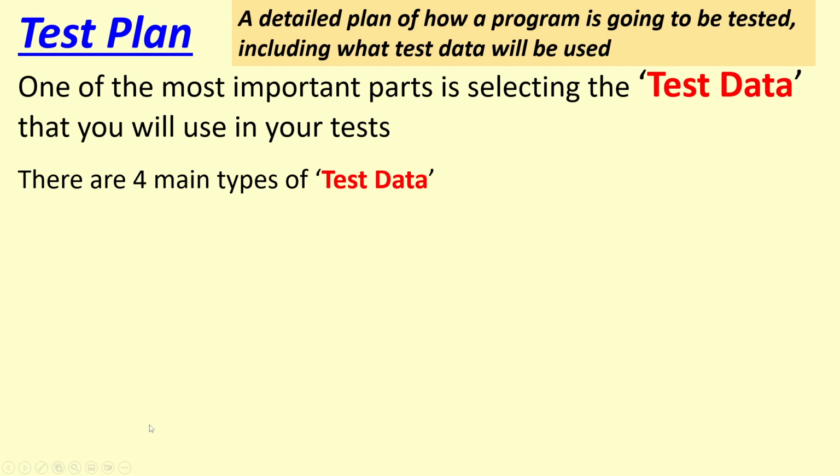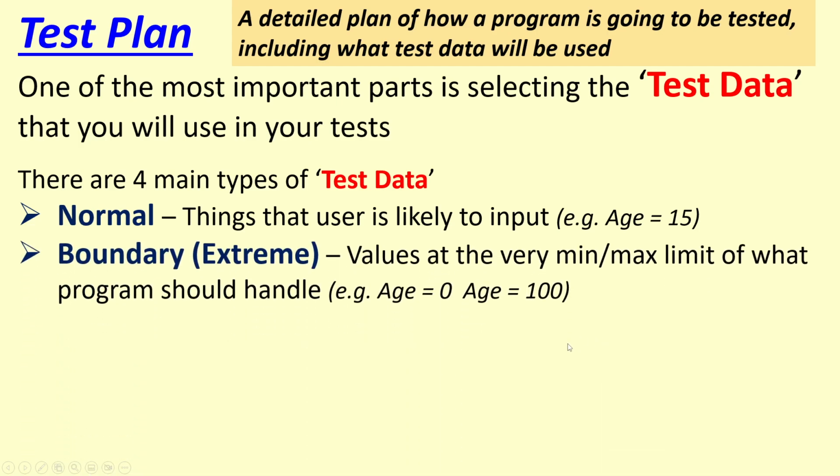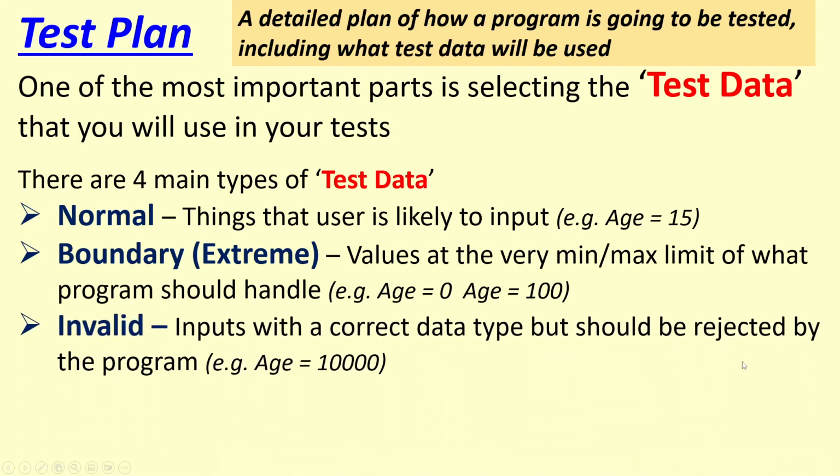When you carry out tests, there are essentially 4 different types of tests that you use in a test plan. Normal test data, things that the user is likely to type in, a suitable value. We have boundary or extreme data, values at the very minimum and maximum limit of what the program should handle. For example, age, that might be 0 up to 100, the very minimum maximum. Invalid, the data is the correct type, but it's values that should be rejected by the program, such as -5